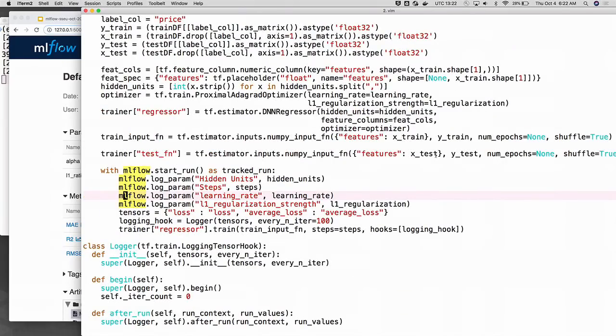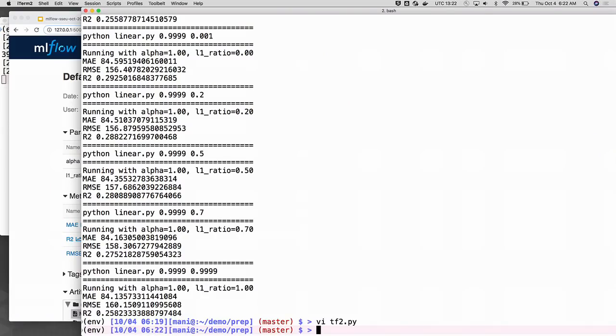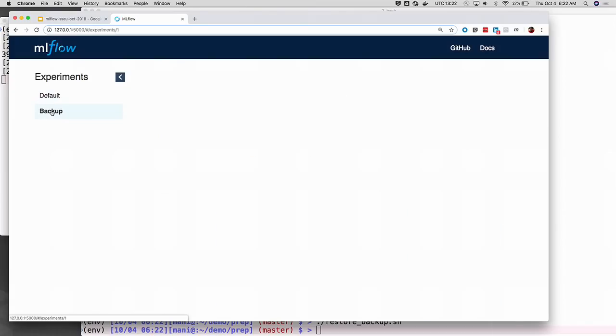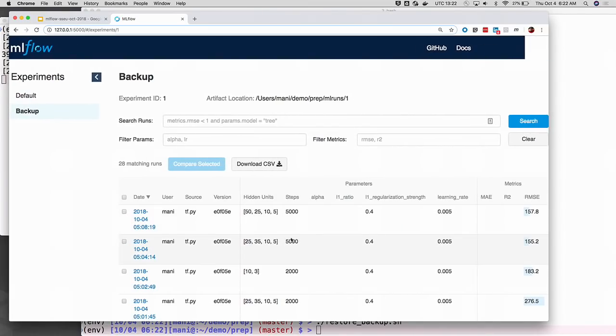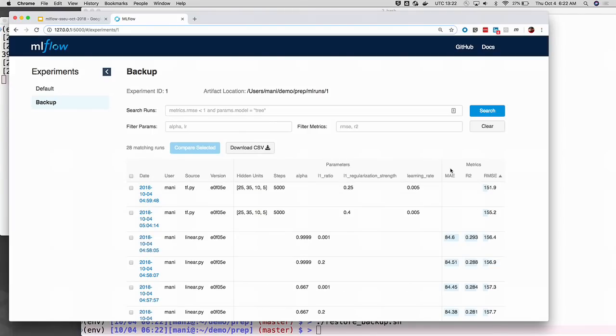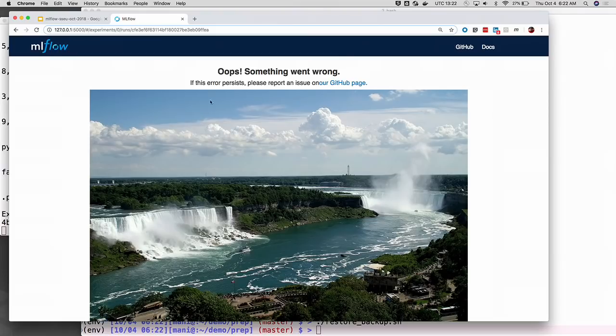So I don't really have just the last metric. I have the metric throughout time. I'm not going to kick this off because it's going to take some time to run. I'm just going to restore it from a backup I had run before. And let's go see how those runs look. And this is looking a little bit more interesting. If I sort on MSE in MLflow, I see that a couple of runs of TensorFlow have done a little better. So I'm going to click on that, and oops,